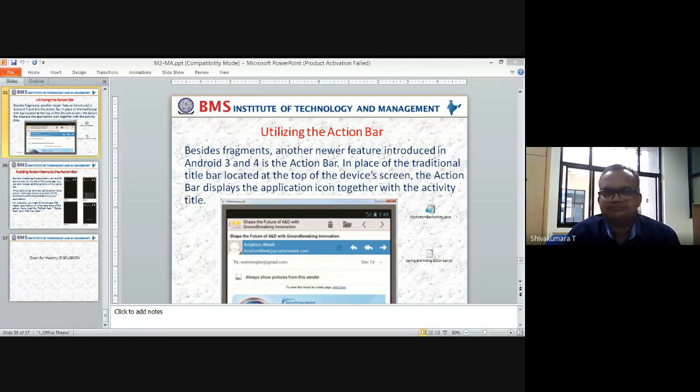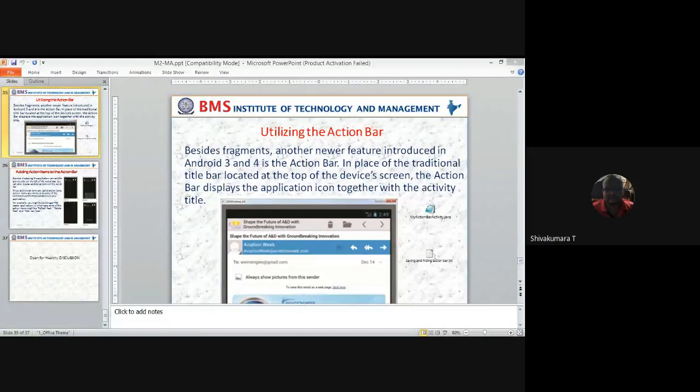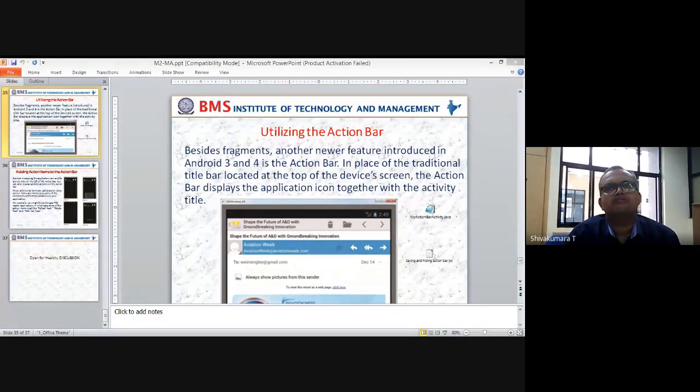From module 1, more basic ideas were given about the mobile phone: why mobile phone, what is the requirement of a mobile phone, what is the cost involved in developing a mobile phone, what's the user behavior, how the user behaves, when the user usually is going to use the mobile phone, and which are the informational designs of the mobile phone, right?